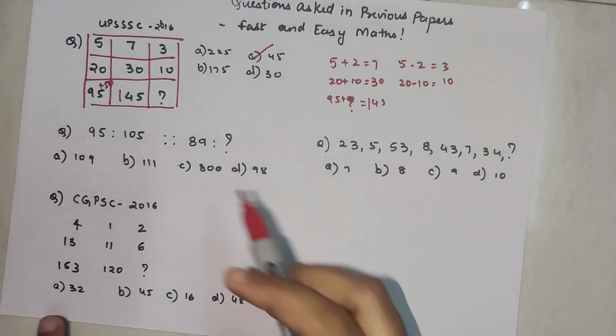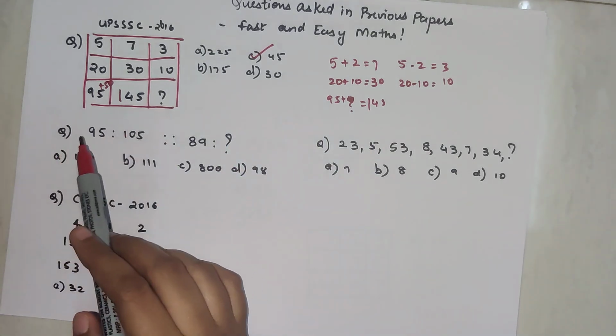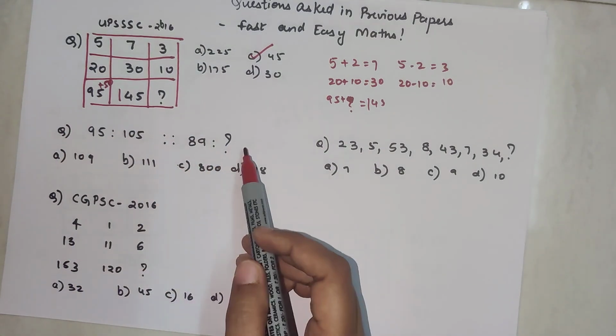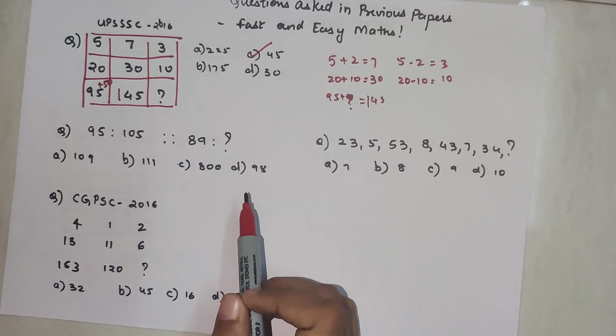So in that case, what you do is very simple. You try and add or you try and subtract. If you subtract, you get a difference of 10. Here we don't know, like a difference of 10 should have been what? 79. That is also not an answer.